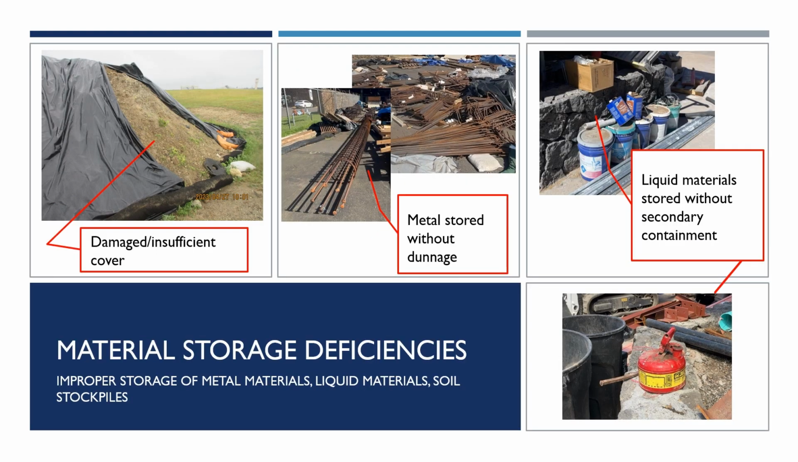Metal materials such as rebar and dowels must be stored on pallets or dunnage as well as under cover to prevent contact with rain and runoff. Liquid materials other than water must be stored in labeled, watertight containers and provided with secondary containment. Material stockpiles must be located away from low points prone to high concentrations of runoff and protected with perimeter controls